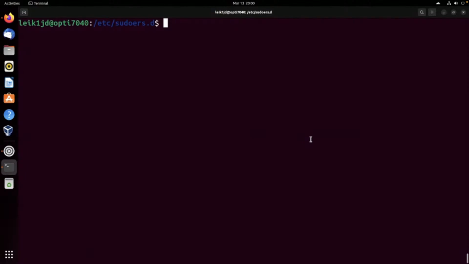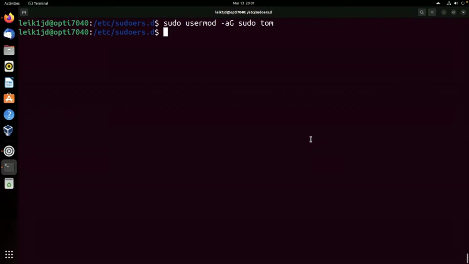Now, if I can remember the full command off the top of my head. Let's see, sudo usermod. So we're going to modify a user, -a capital G, add to group sudoers. Actually, I think it's sudo Tom. Okay, and so now Tom is part of